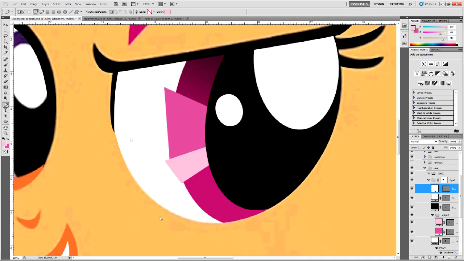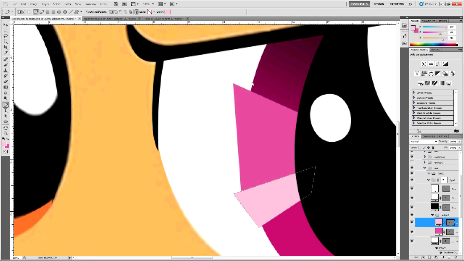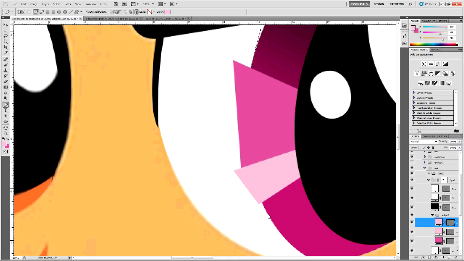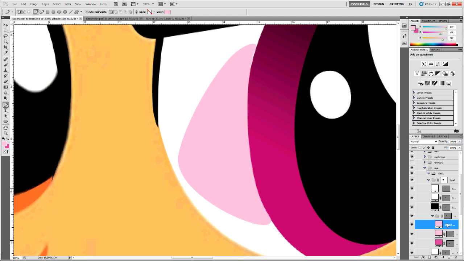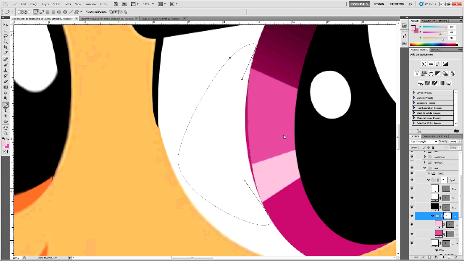So, the only thing left is right here, this tumorous accent highlight thing. So you're going to do the same thing. Go down to that group, the keyboard smash group. Start drawing a shape with the pen tool. Kind of trace over the iris layer there. Draw around the area you want to be subtracted. Make sure you get it all. Click and drag the mask onto the group, not the layer. Delete the fill that was just created. Control click, click subtract. And you'll notice we've got this sliver here, so what we're going to do is